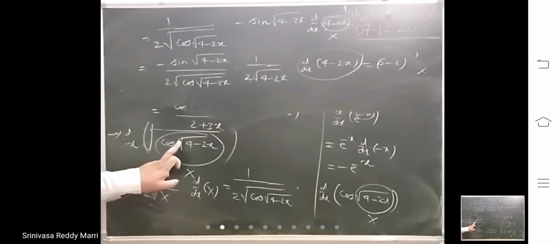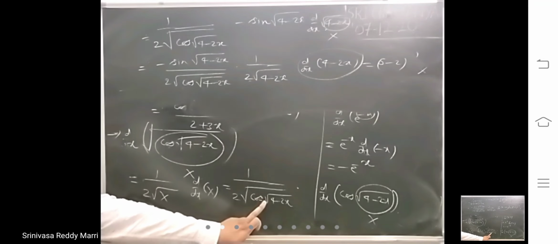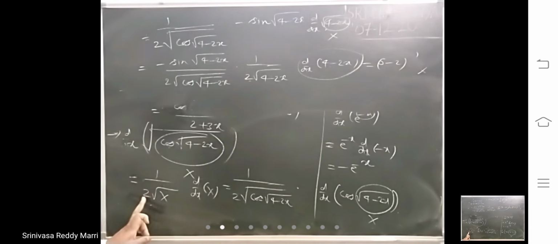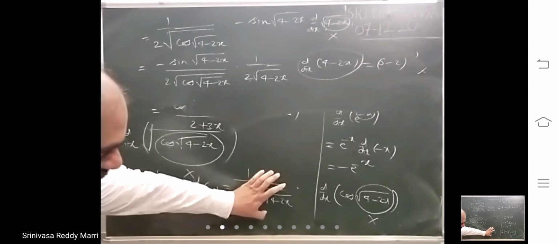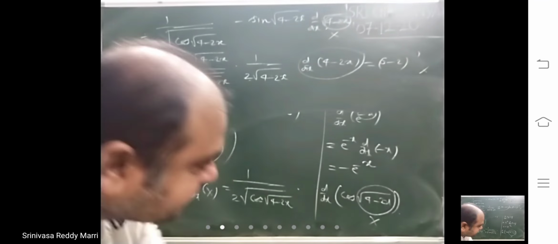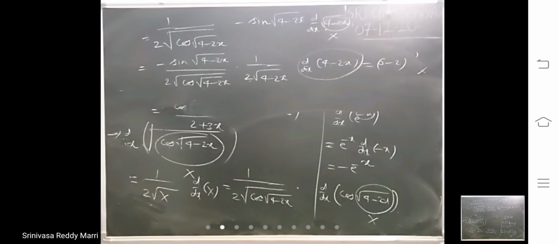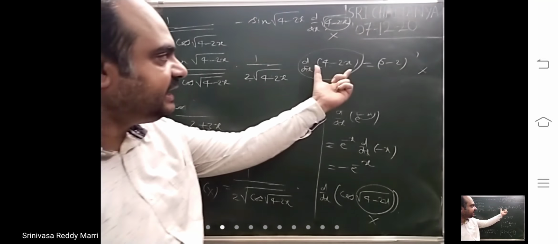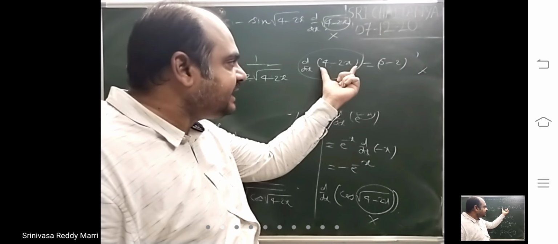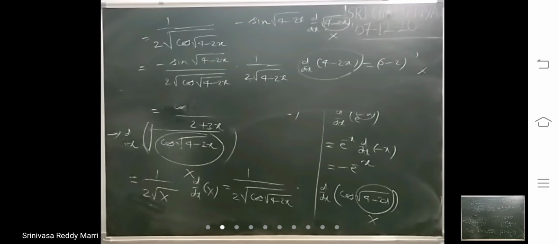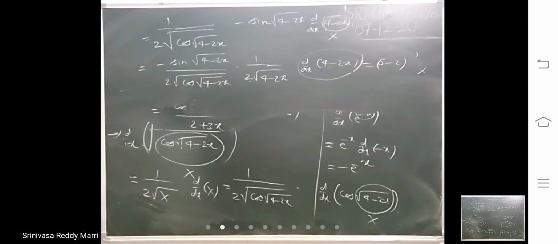Like that, directly if you are able to do, directly you can write this step. Or otherwise root x you take 1 by 2 root x into d by dx of x. And then capital X you substitute, and then again fresh differentiation. In every step you proceed like this. Whenever d by dx you got, 1 by 1, 1 by 1. Lastly, it ends with the rule, standard rule. Whenever standard rule will come, differentiation is over.